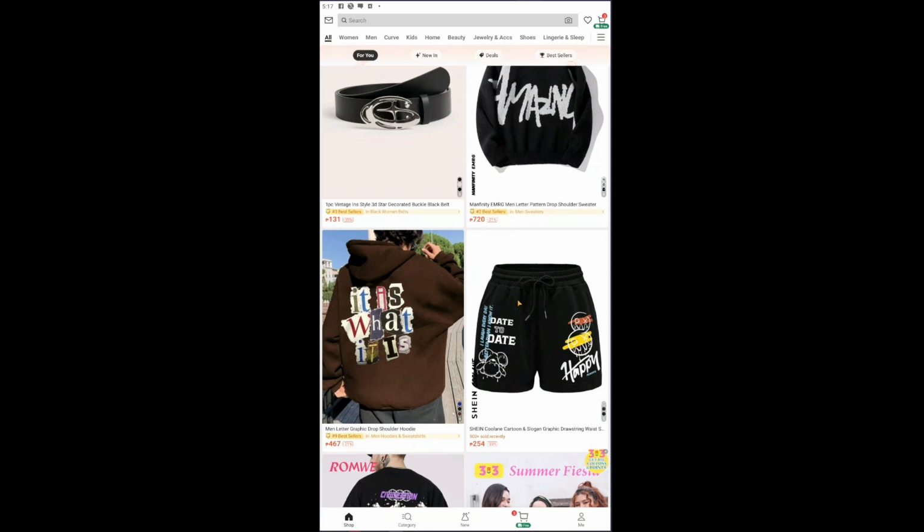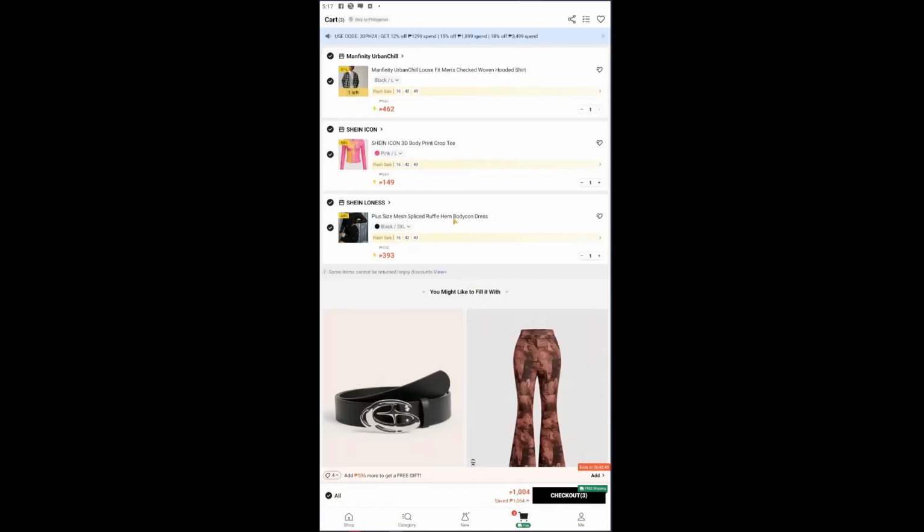And after adding items into your shopping cart, you want to go ahead and click on your shopping cart right here, and then you will be able to see your items listed on your shopping cart. And of course, you can then individually share these links right here, but that will be a tedious process. Now, to share all of these items at once, just go ahead and add them